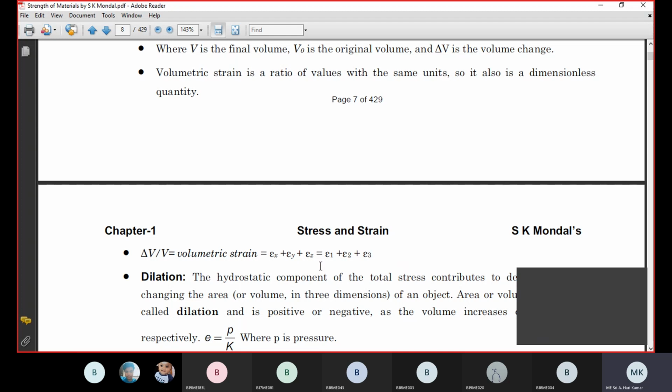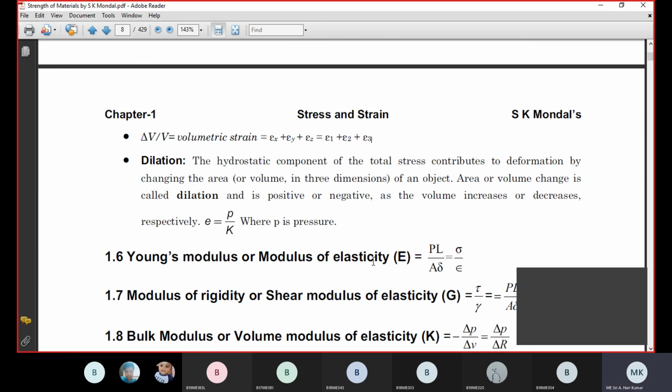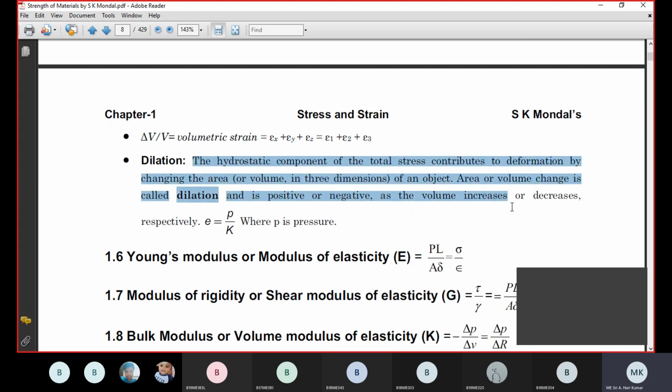Or if it is strain along the principal axis, we will get this maybe in the next topic, Mohr's circle, principal stress along principal axis. If you know the quantities of shear strain and the strain along principal axis, we call them principal strains: epsilon 1, epsilon 2, epsilon 3. Here it is the sum of all the principal strains. This is dilation, which is very important. Normally we come across this.